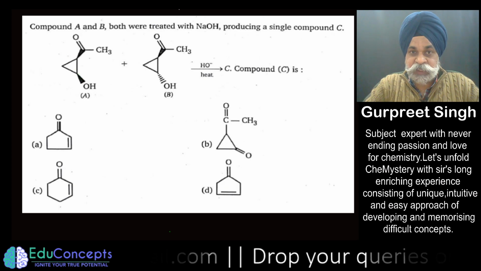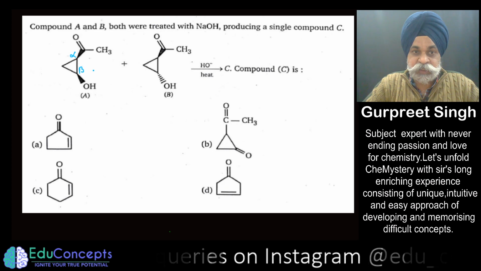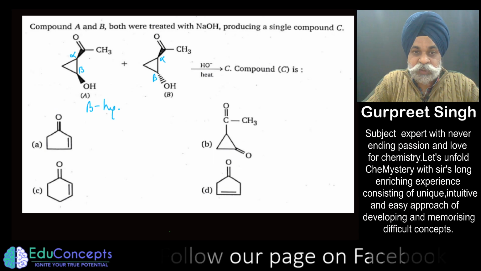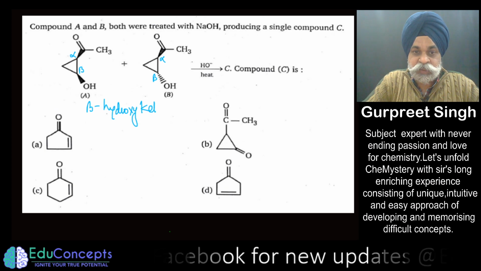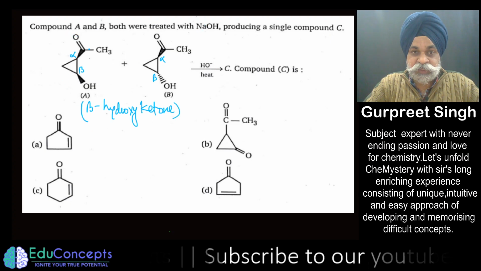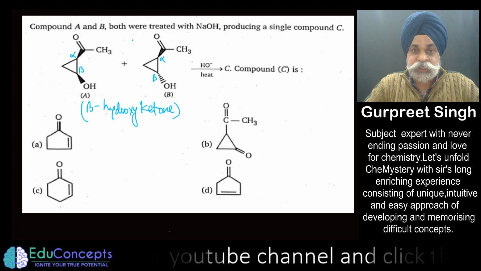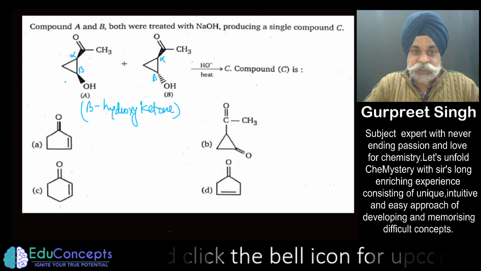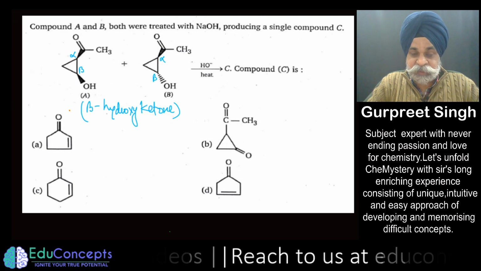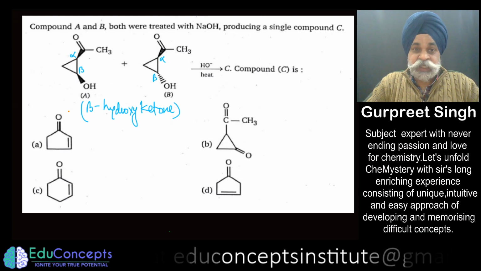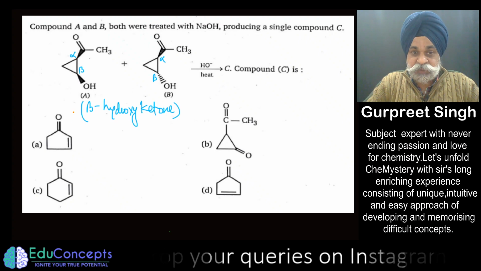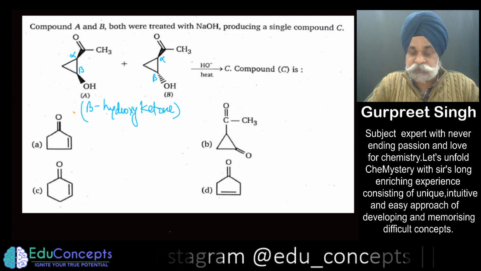And this in fact, if I write it like this, is alpha beta and this also is alpha beta. So both of these are beta hydroxy ketone and beta hydroxy ketone. Okay, and both of these are configurational isomers because the stereochemistry at beta position are different, and along with it you could see that stereochemistry is given in the starting material. So stereochemistry is generally given in the exams to make the question a little more tough, and sometimes it is just being given to frighten a child. So in this question we have to see whether there is actually any role of stereochemistry or not.